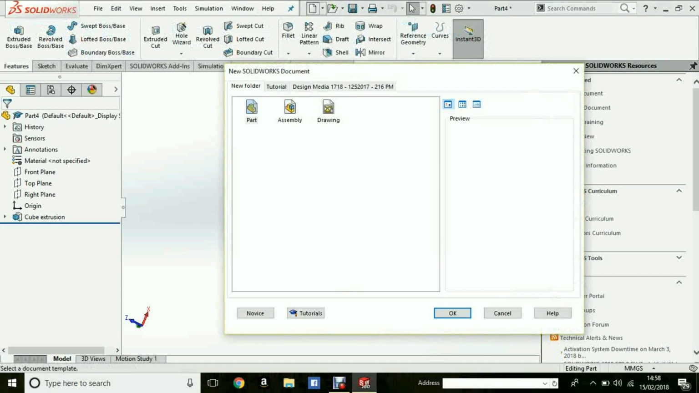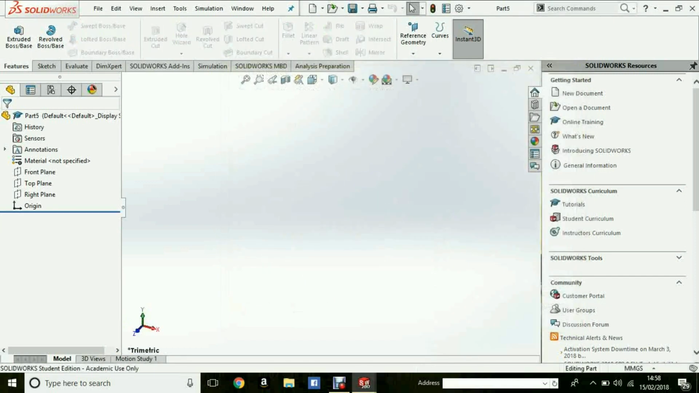So if we go up in the top left and click part. First of all, you'll see that we've got a blank canvas, and over on the left we've got our feature tree. This will include all of the parts, sketches, components, and features that we create within SolidWorks itself. We start off with three planes and the origin. So we've got the front plane, the top plane and the right plane, and we can use any of these